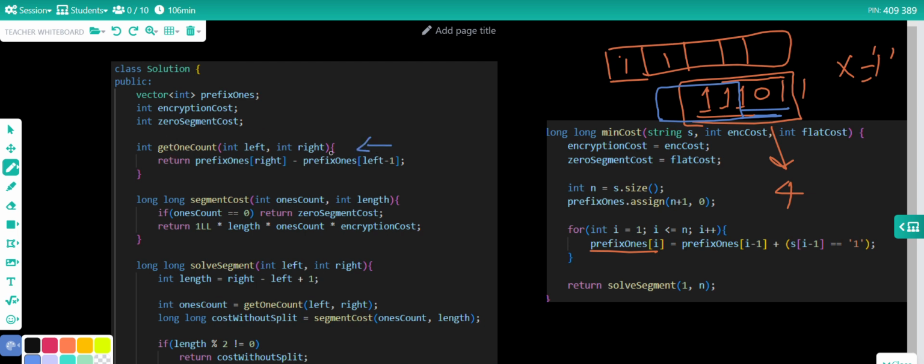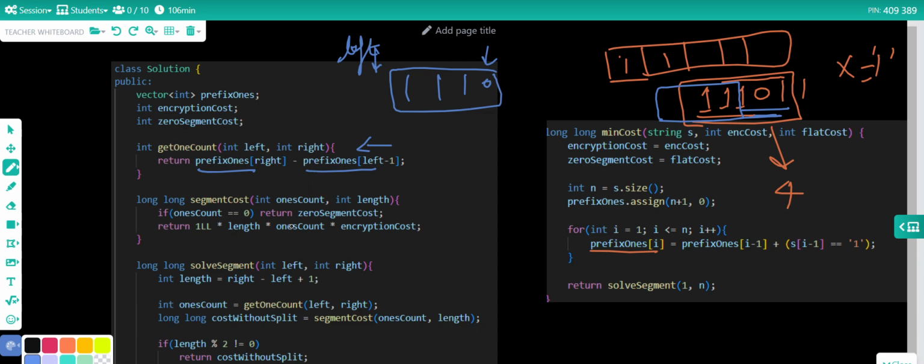Here the function get one count uses the prefix ones at the right pointer and the prefix ones at the left pointer, and we just return the difference of these two.